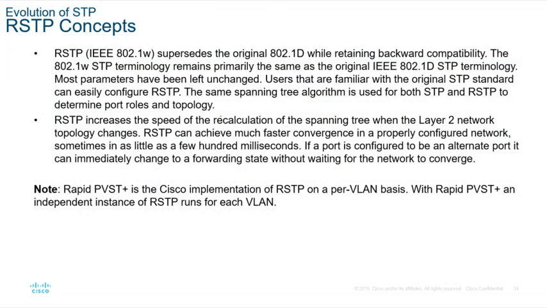So the RSTP concept is all about the states being reduced, and it's fast in convergence. You will see that the convergence is very fast. It happens in seconds. The delay is needed, but some steps are